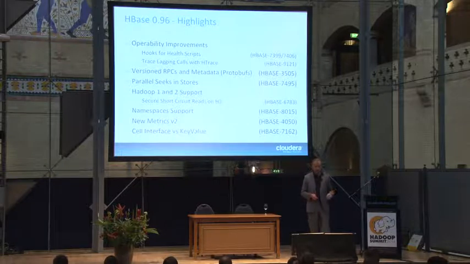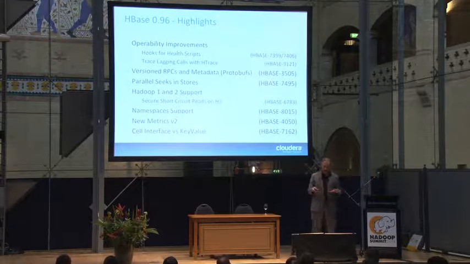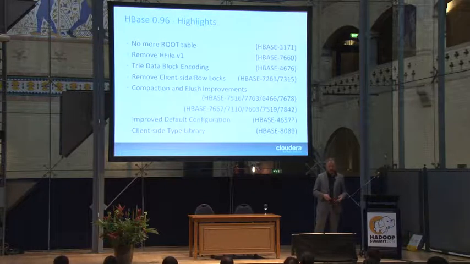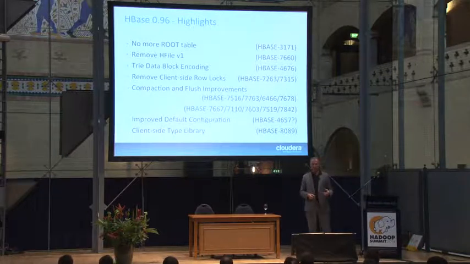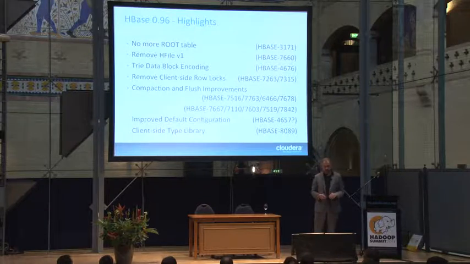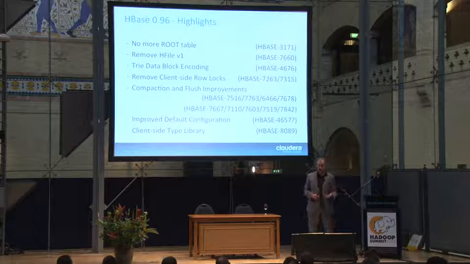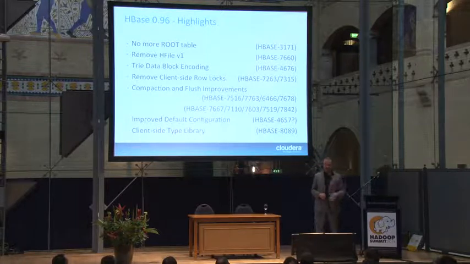We have namespace support. You can actually have namespaces that separate data, more improvement on metrics, and more internals. Interesting for those who know, root is gone. We never really needed it. Well, nice to know you, but it's gone. We only have a meta table left. So in terms of system tables, as of 96, root is gone. It's out of the door. We're only using one meta table, one system table. We also have improved on the encoding side. We now have a tree.